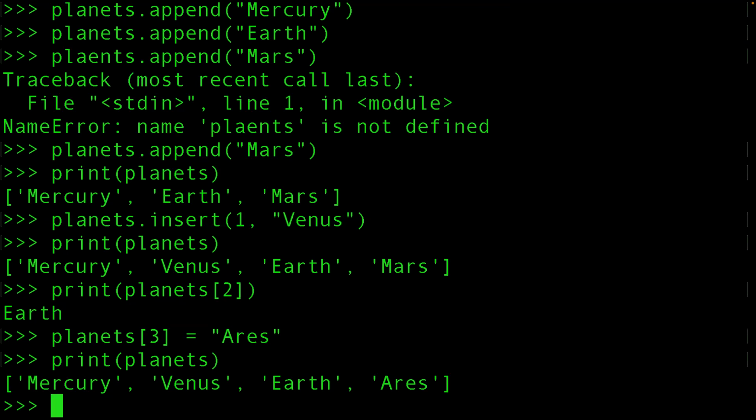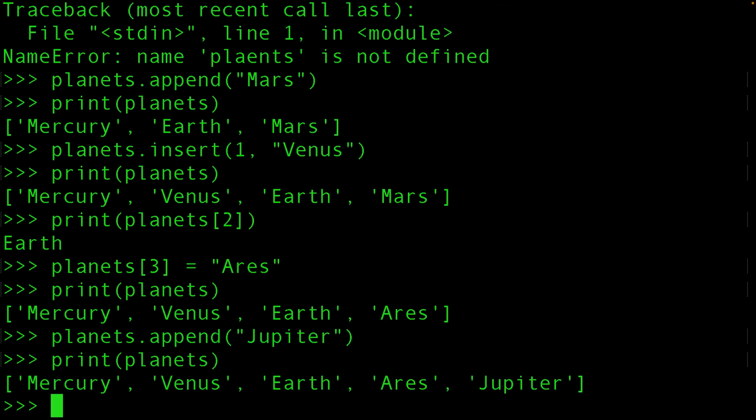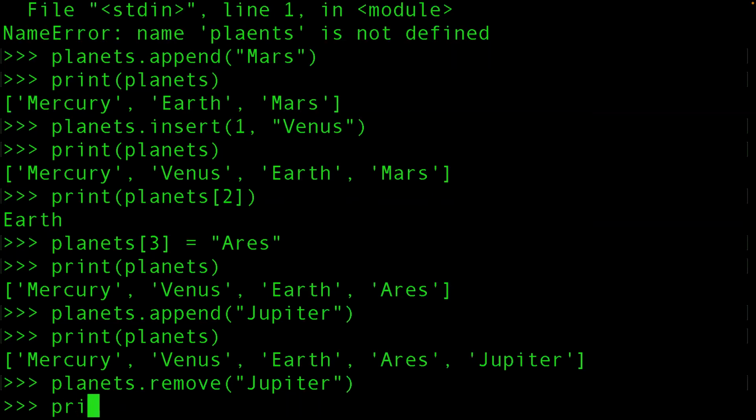Okay, now let's say I decide to append Jupiter to my list. We can print this out. But I now decide that I no longer want Jupiter. Then I can go planets, and I can use the remove feature, and I can go dot remove, and I can say Jupiter, and then enter, and then I can print it out again,